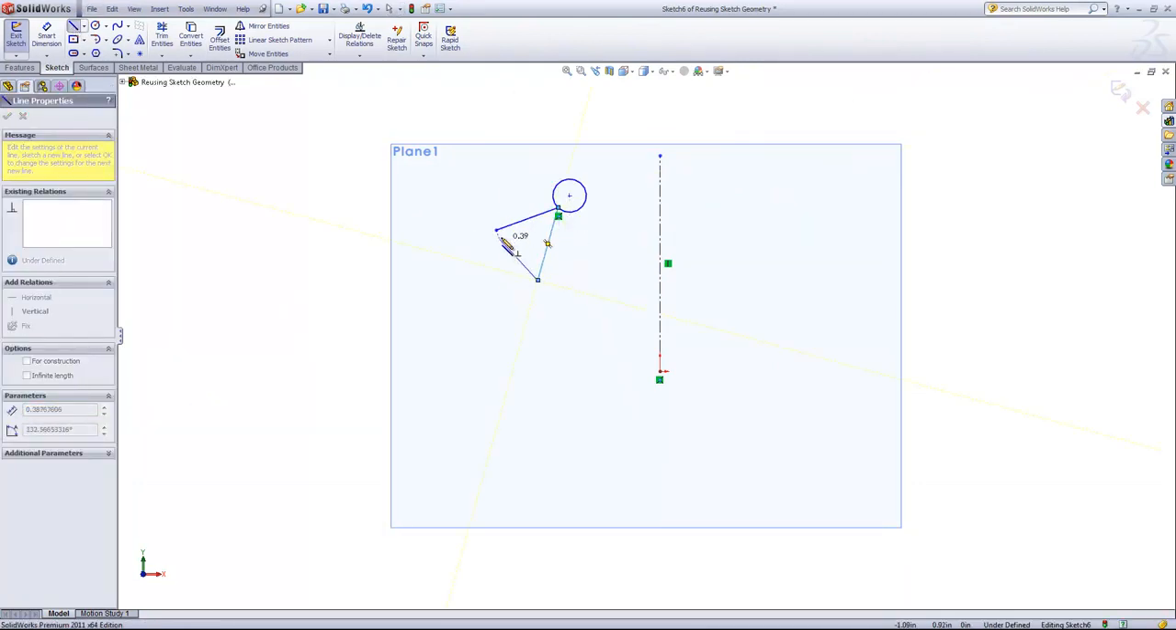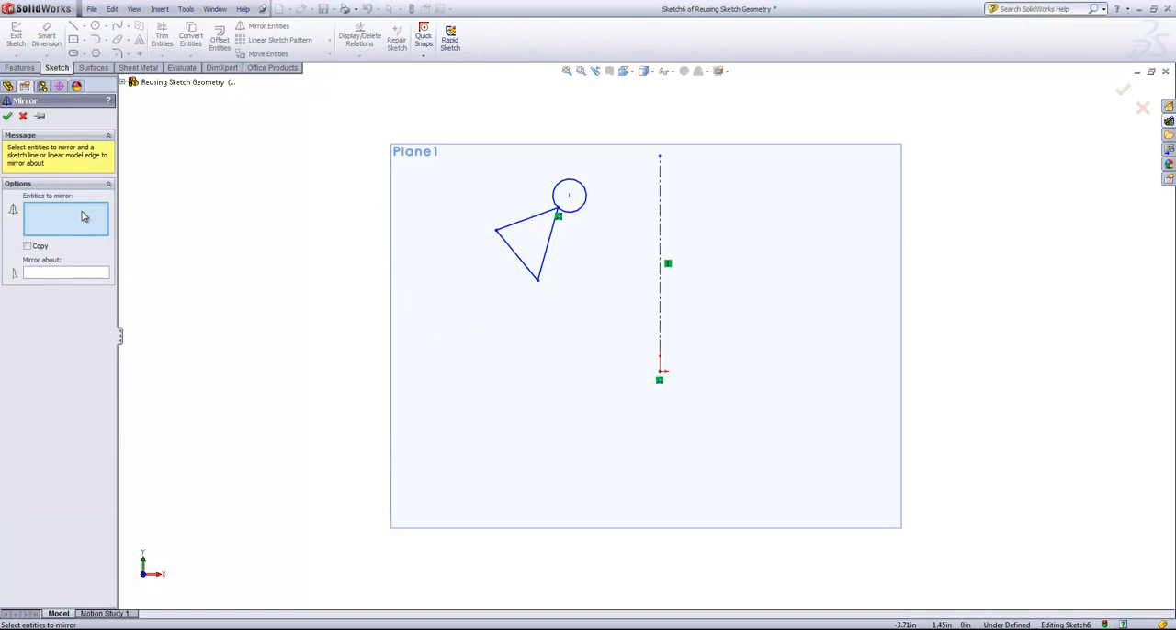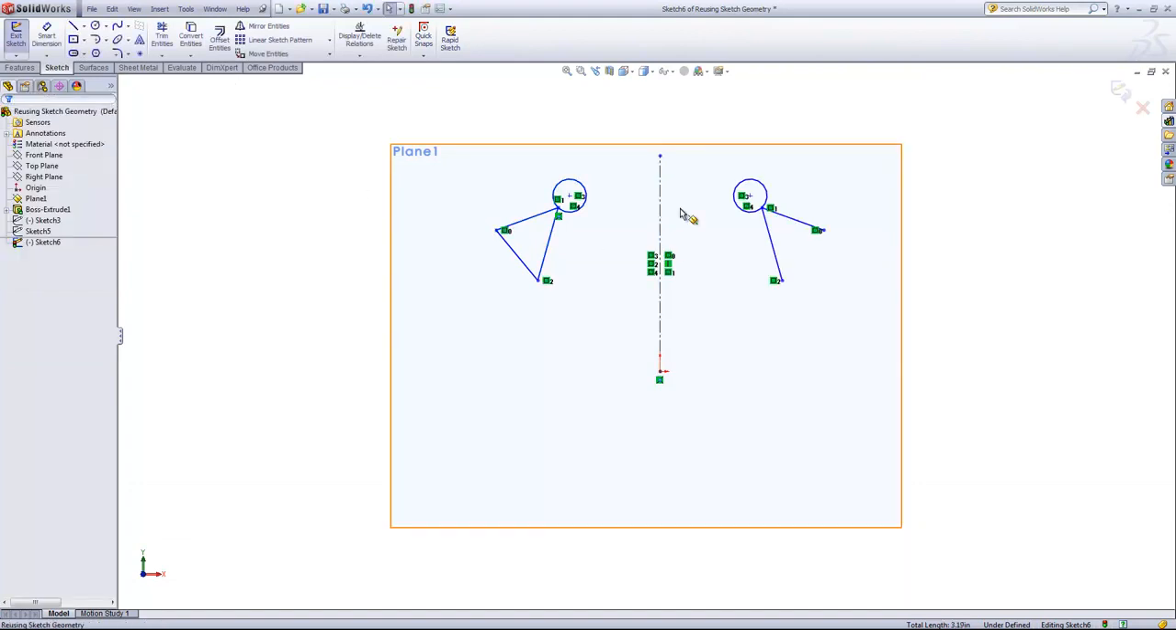So I'll go ahead and draw in several more lines here and go back into the mirror entities. And you can see I can choose out any number of the lines. If I choose that copy option, it'll place a copy of the selected entities on the other side. There's also an option to mirror